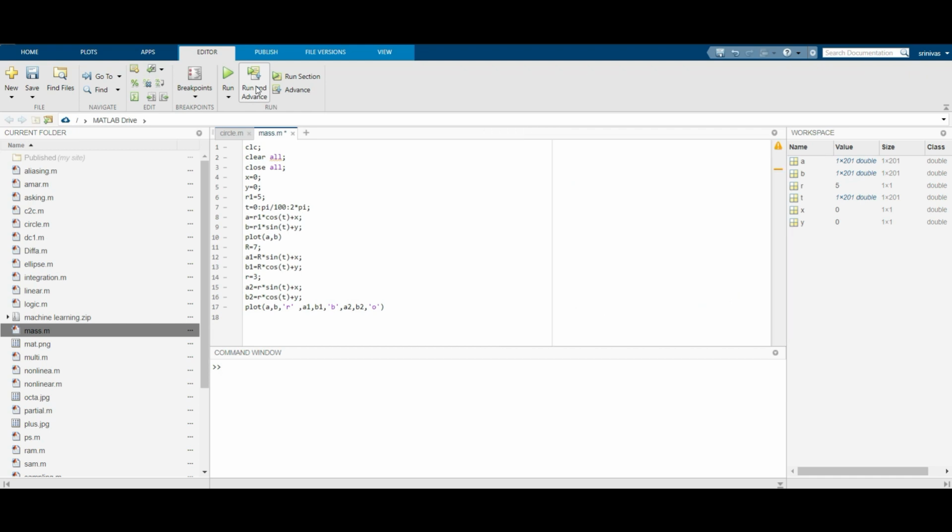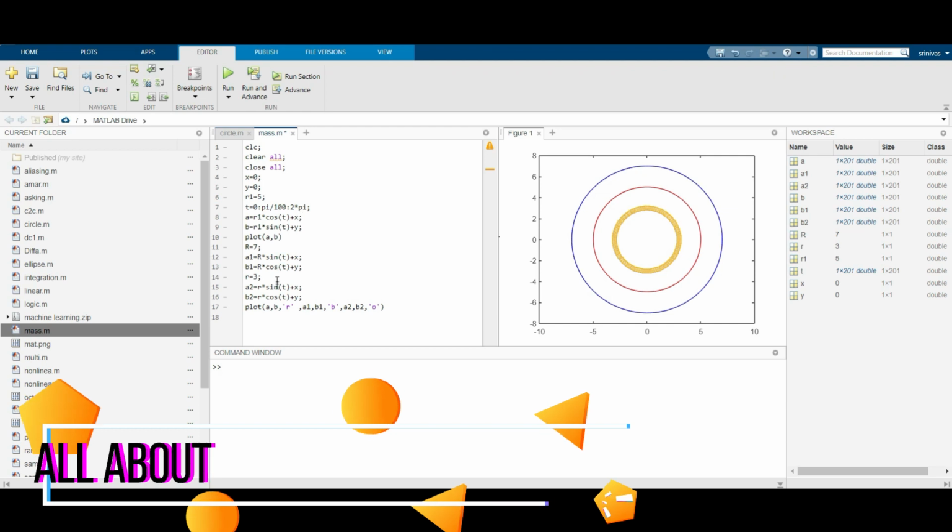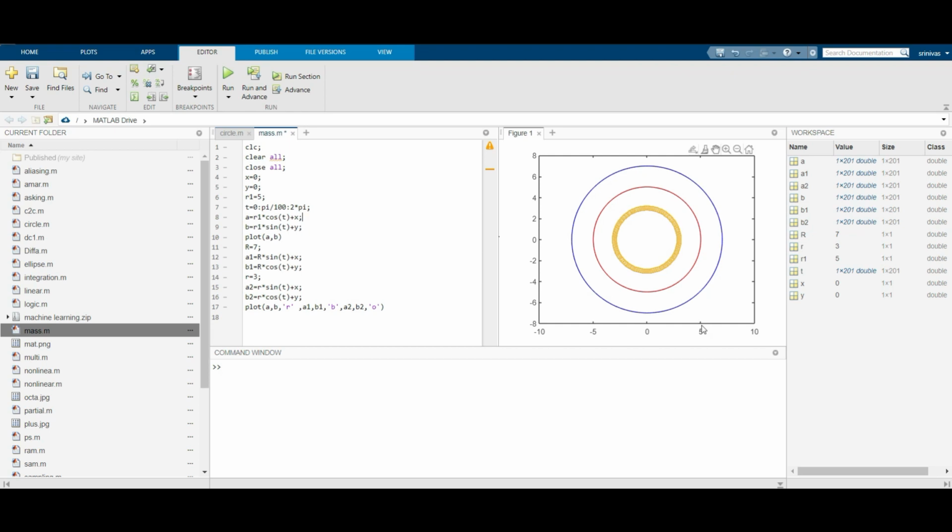How you are going to get the output of this entire concentric circle having radius r1 equals 5, r equals 3, r equals 7. You can get it, right? This is the circle having a radius of 3 with center 0 comma 0, and this is representing the 0 0 point. Next, a comma b in red color having a radius of 5. So you can clearly observe that this is the center, and this is the point where we have 5 radius. So this is the circle of radius 5 with center 0 comma 0.